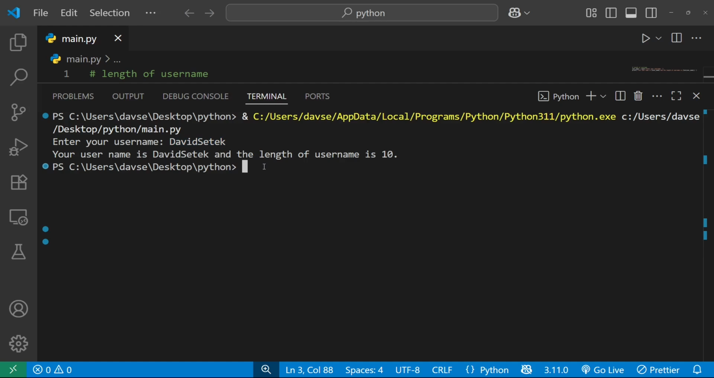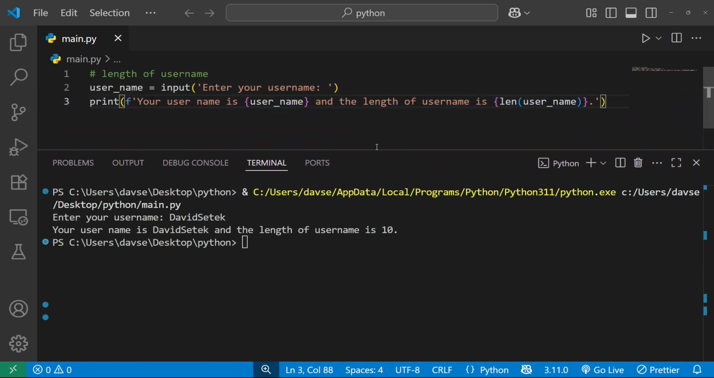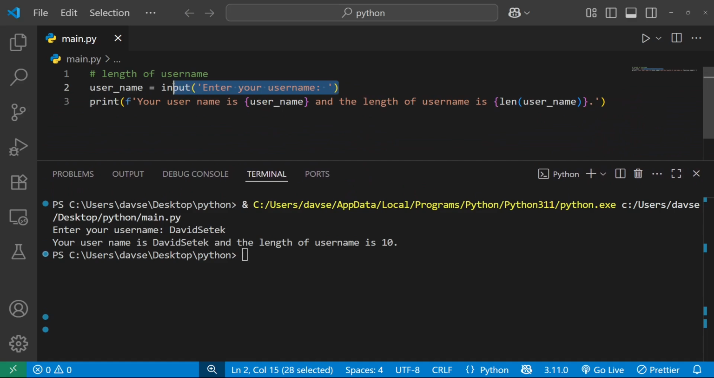Okay, so I hope you were successful. I will show you the code. It's not so difficult. You just ask the user by input for his username. He will put there, for example, David Sedek. It is stored in username, and we will print "your username is" the username, and "the length of the username